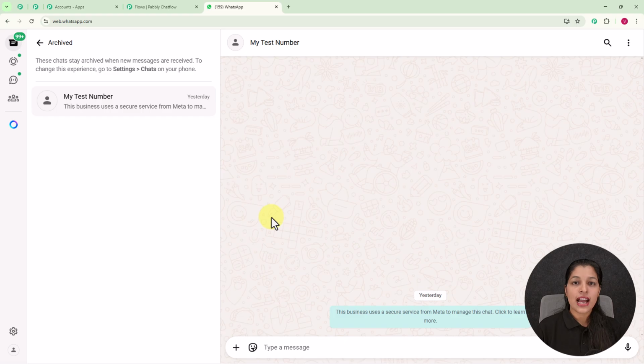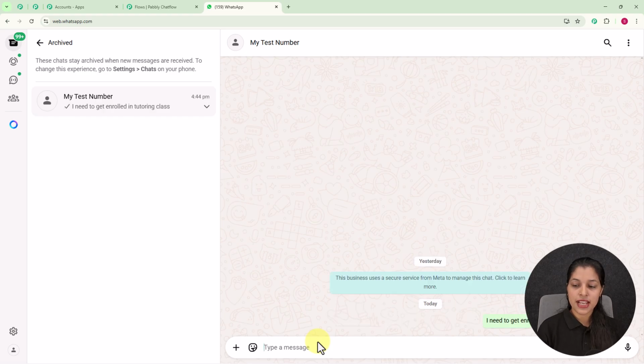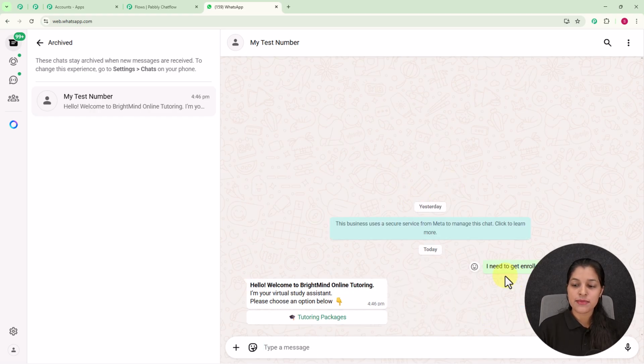Now let's say I'm the user or the student and I want to make an inquiry. So I'm going to send a message to my business number. Let's enter a message over here. I'm going to enter this message, that is, I need to get enrolled in tutoring class. Now let's send this message, and here you can see as I have entered this message,